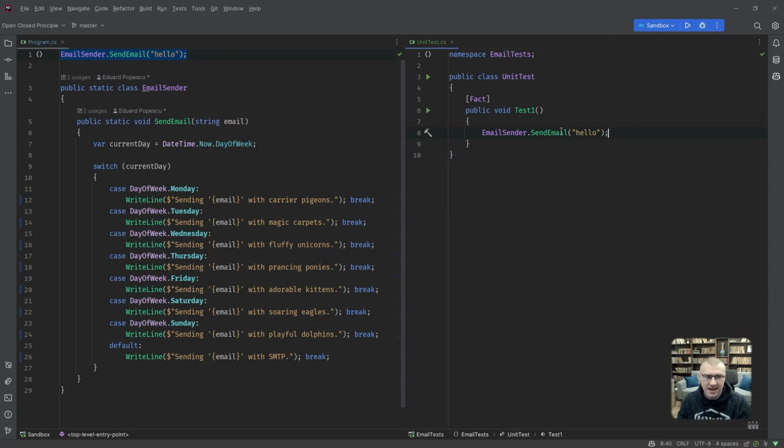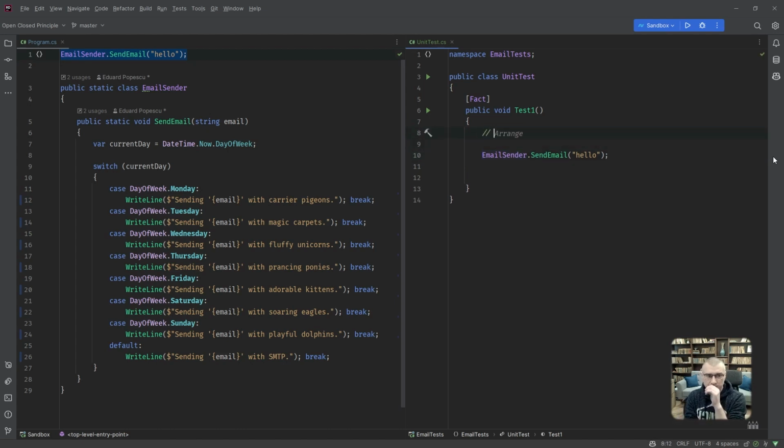This method has no return type, right? It returns void. So there's no output value to test. So how do we go about this? Well, in a very interesting way, actually. First of all, I've got GitHub Copilot in here running, so we should be able to get some AI assistance. And let's see if we can ask Copilot to do a trick for us.